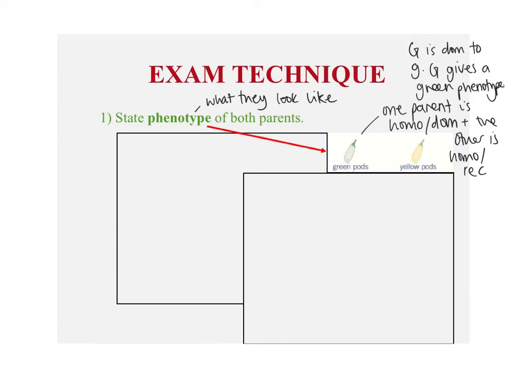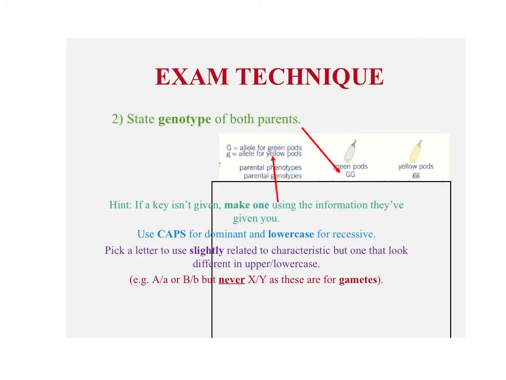Okay, so first thing, state the phenotype of what both parents look like. Now, you don't have to draw the pictures. I don't know what this is, maybe a pea flower? I don't know. But what do they look like? Start there. The next thing you've got to do is use the information that you're given, if you're given any. So we said on the previous slide, you need to make a note of the information, check you're reading the stem properly. Then you are going to, after you've written their phenotype,